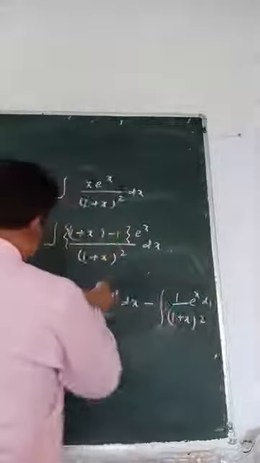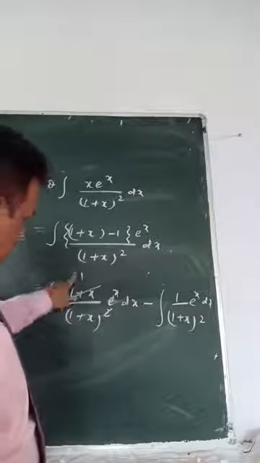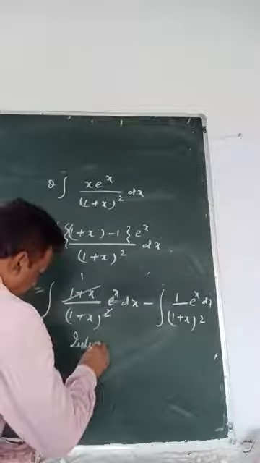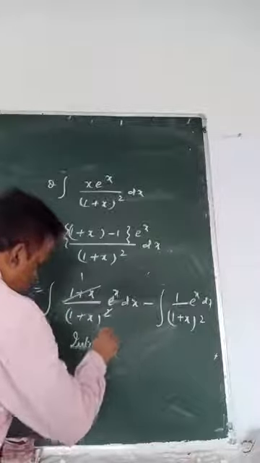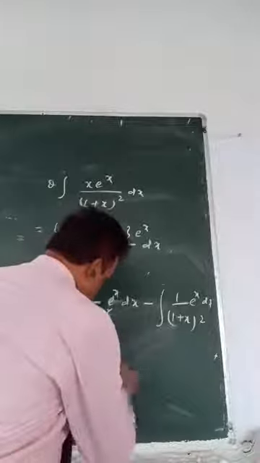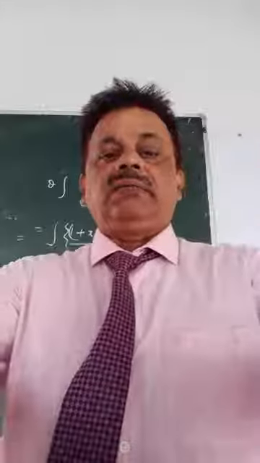So look at here. If I cancel this, it is 1 by 1 plus x. Its derivative is this one. So integrate. This part you have to integrate. Then it will be cancelled. So with the integration and cancellation we are stopping this. Tomorrow we will have integration by repetition.